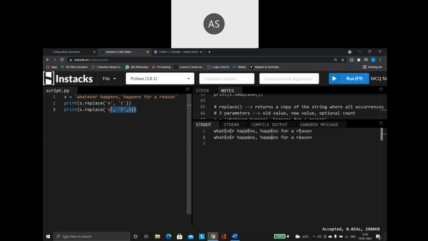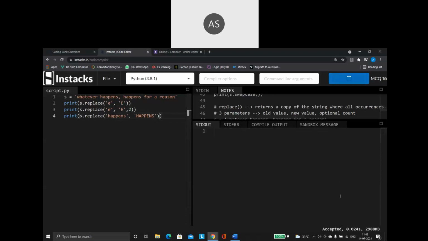Right. And not only a single character, we can replace the whole word also. It is our choice. What you want to do is entirely your choice. Say for example, I have "happens", right? So "happens". Now see, not just a single character, but I can replace the whole word itself. That is the speciality of my replace function.